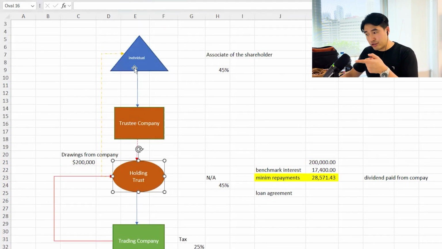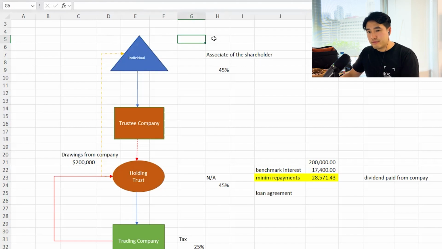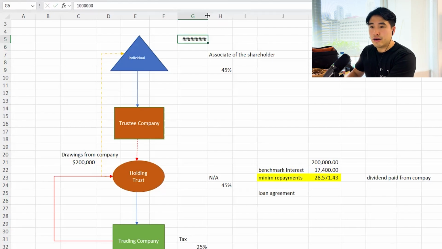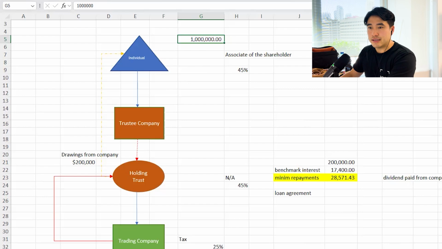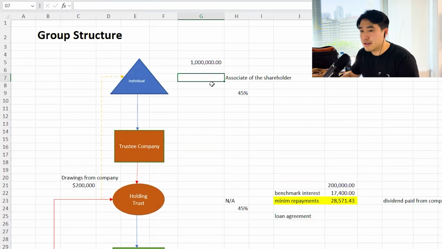Oh, cool, that's actually a very good question. If an individual lends money to a company, so say this individual sells his house and makes $1 million, and then decides, all right, I'm going to invest in this business and give $500,000 to this company, is there a Division 7A problem? The quick answer is no.